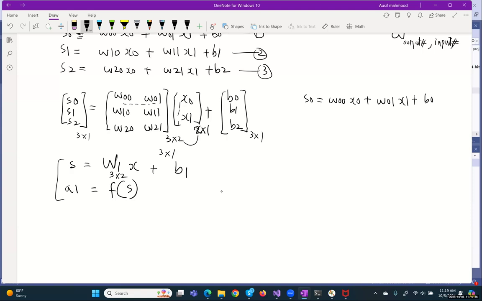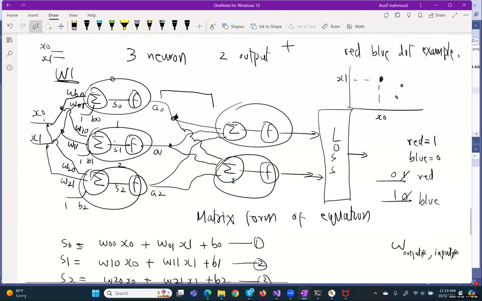3 by 2. What's the size of this? 2 by 1, and this is 3 by 1. So what I'm trying to say is we can express all this information going through the first layer as one matrix equation, which we just said is W1 X plus B1. And then we'll pass all of this to the activation and we'll produce